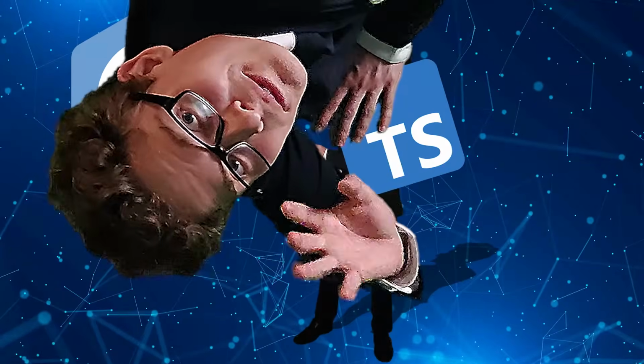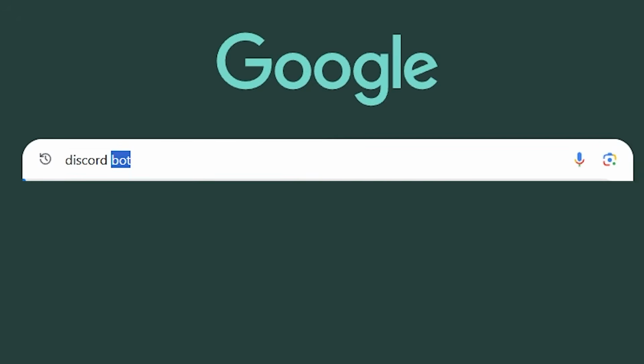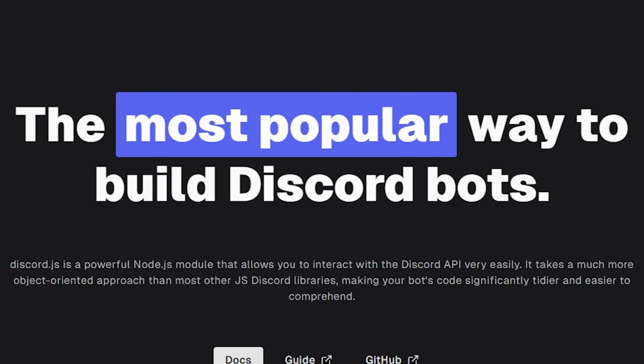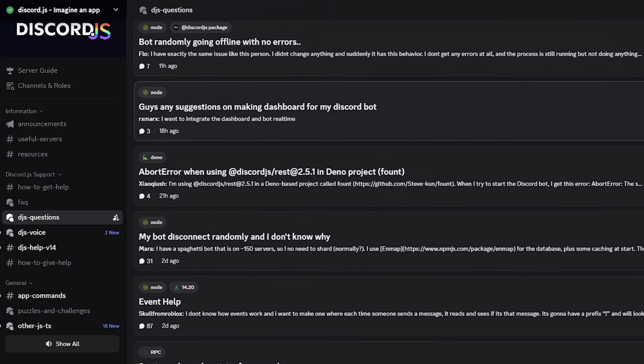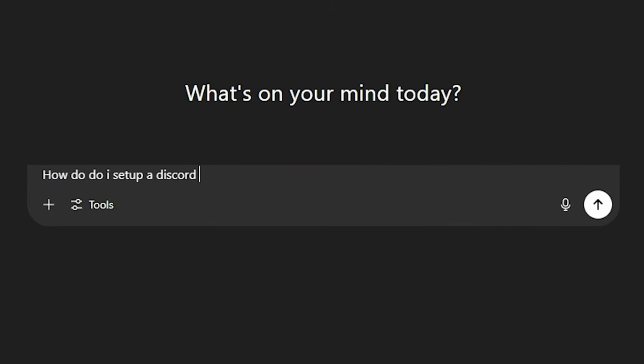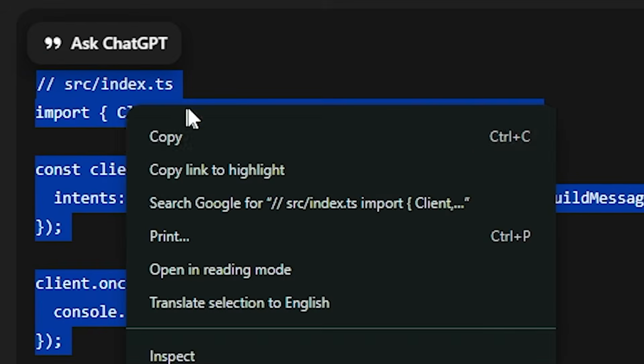Okay, listen, I have done my research. Apparently, there is this JavaScript library called Discord.js, which is like the most popular way for building a Discord bot. So naturally, I assume this means it has the most support, the most tutorials, and the best AI generated code for me to use, which I would never use because